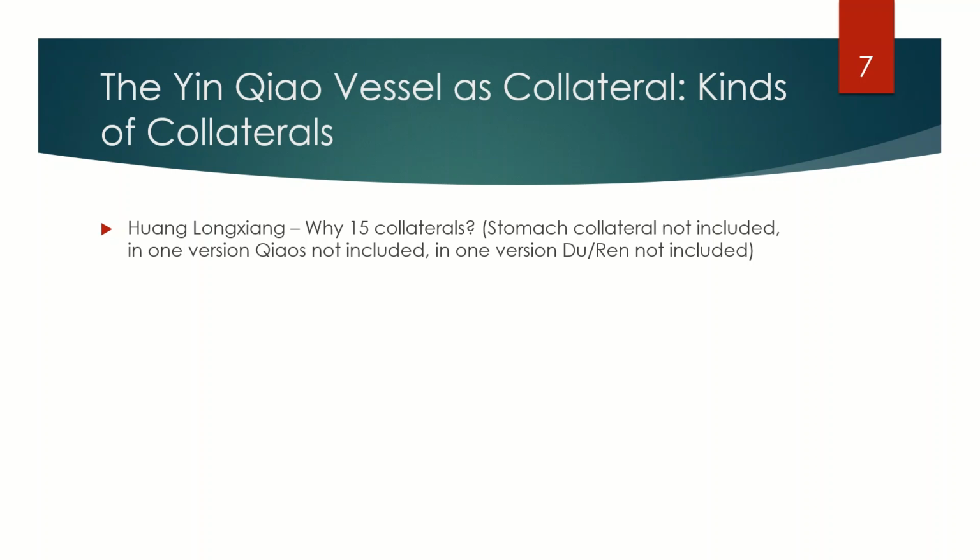So he says 15 collaterals, and then you add to that 12 channels. Okay, these are the primary components of the circulatory system. Now, 15 plus 12 is 27. He says 27